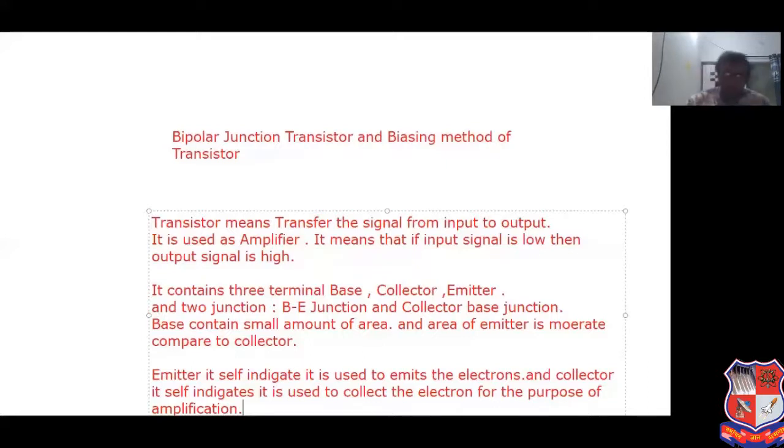Now, we have switched over to the next point, which is known as types of transistor. Types of transistor with their symbol. First, NPN, second, PNP. NPN means what? What is the symbol of NPN transistor? See this, I have sketched the symbol.